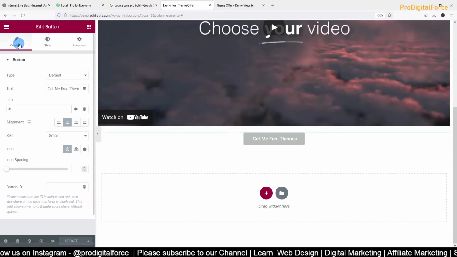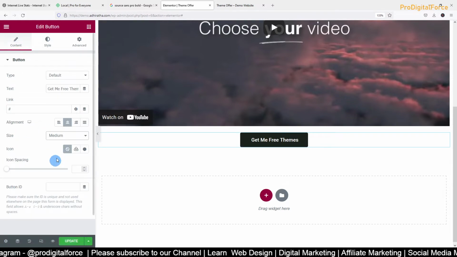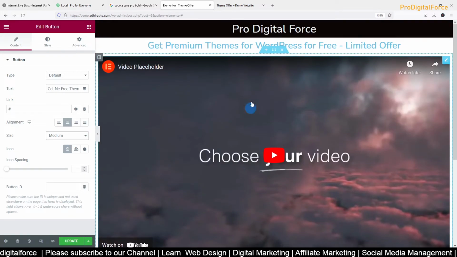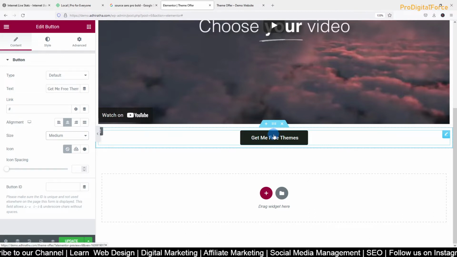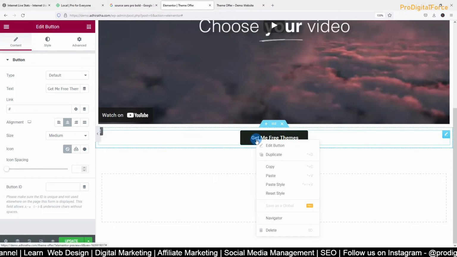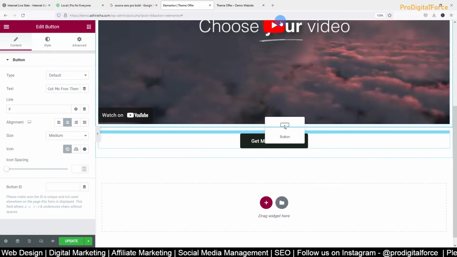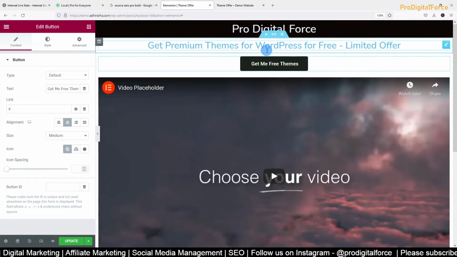So for me this looks okay. I just increased it a little bit higher. So we give the message here, then by clicking on this they should be able to get the things. Now the same thing, I'll copy, I'll duplicate it, and I want the same button here as well.